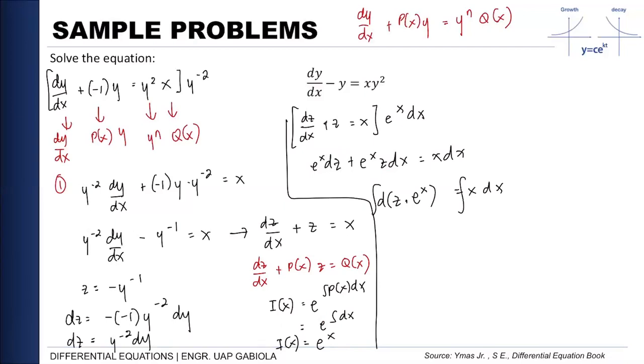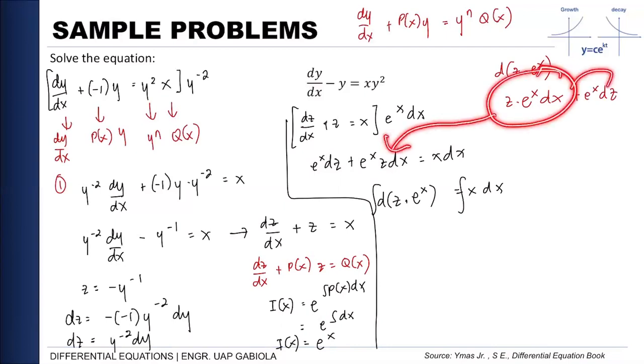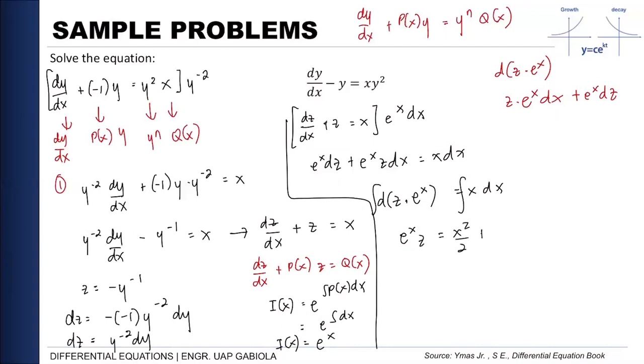Okay? So, pag chinek natin, d ng z e^x. So, z times e^x dx, derivative ng product, ha? Then we have e^x dz, which is exactly the same nito. Ito ay the same nito. Okay, kaya exact differential siya. So we have e^x z, okay, e^x z is equals to x squared over 2 plus c. Okay? Pero hindi pa dyan natatapos ngayon. Okay? Once you have that,